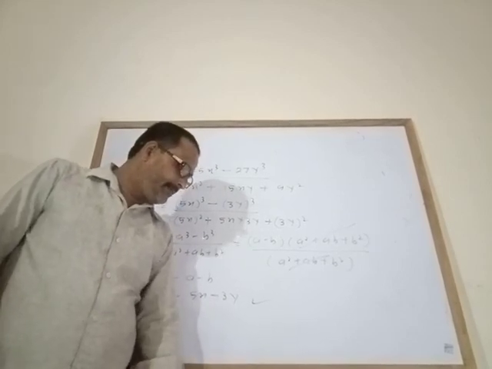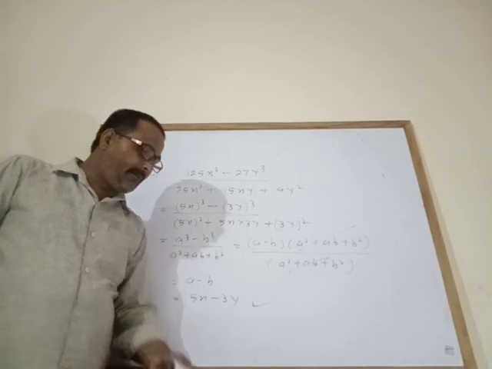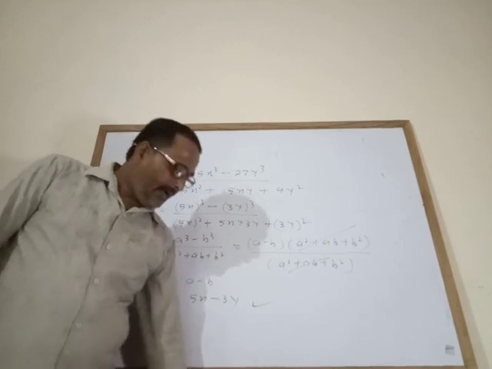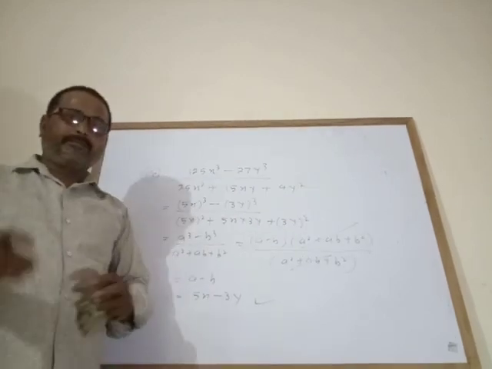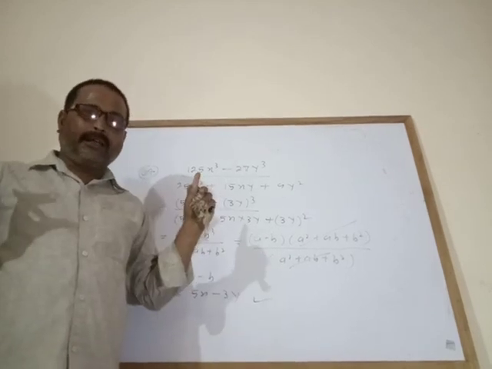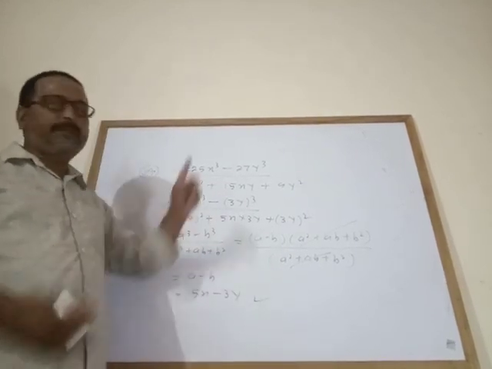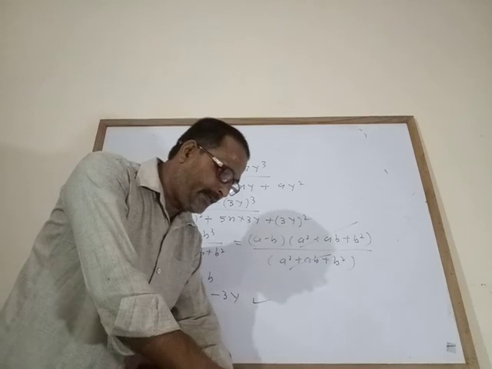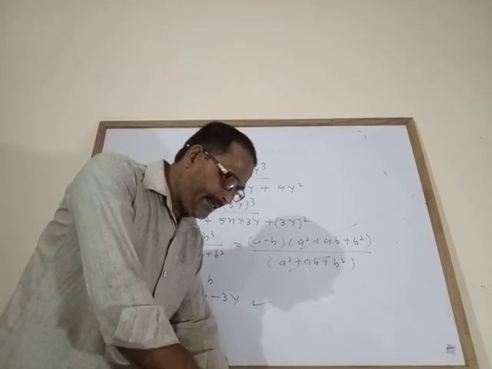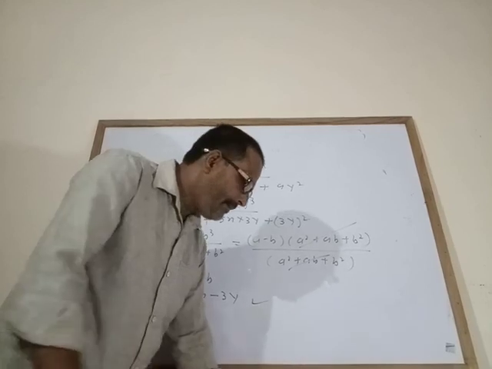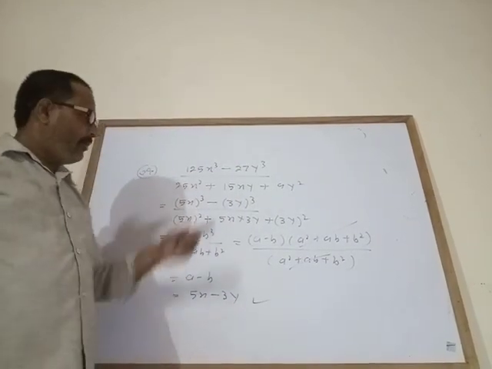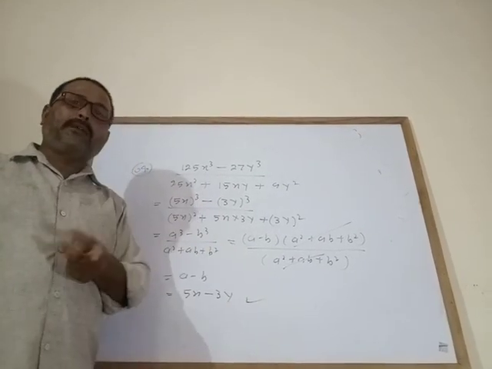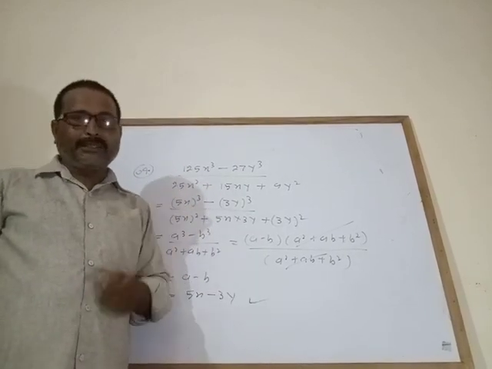I hope that you will solve some examples. Example number 6 and 5 are important examples, and try to solve the chapter test, that is the multiple choice questions, totally based on the formula. So you practice and your chapter 13 is over. In my next video I will start the next chapter 14, the division of polynomials. Mostly questions I am explaining here, so whatever remains you try to solve, taking the help of the examples also. Thank you. Have a nice day.